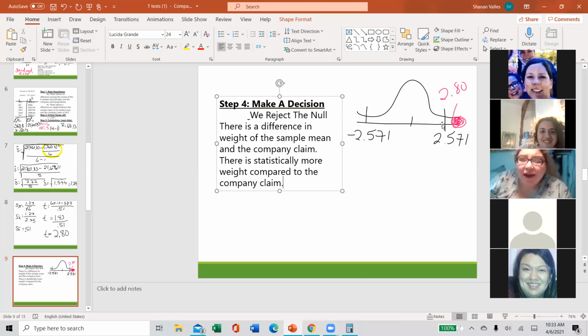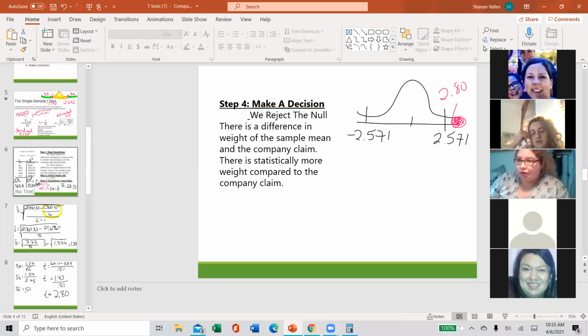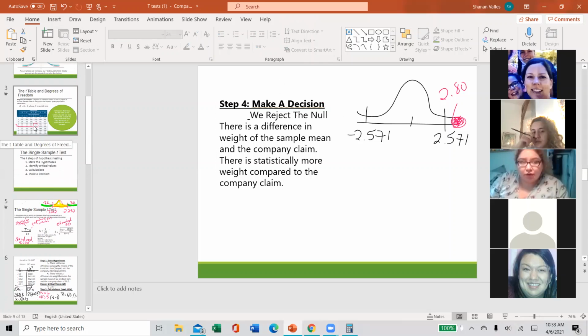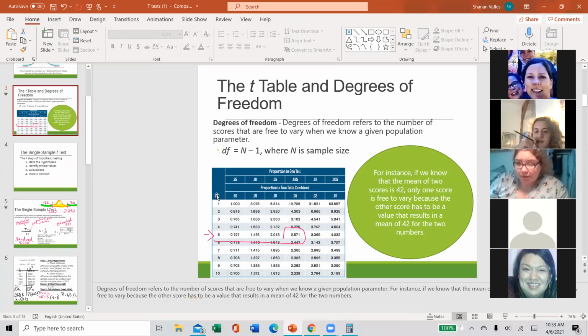Yes, I have a question. Whenever you're finding the degrees of freedom, do you always use that chart, or where do you get those numbers? Okay, good question, Christy. Degrees of freedom is always n-1, and we're always going to find our critical value. Remember, all of these in here are our potential critical values, okay? And where we get this chart,